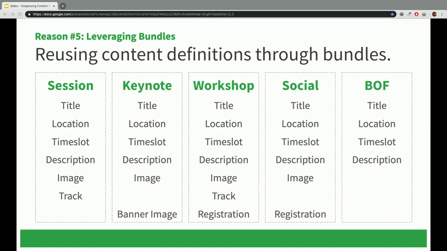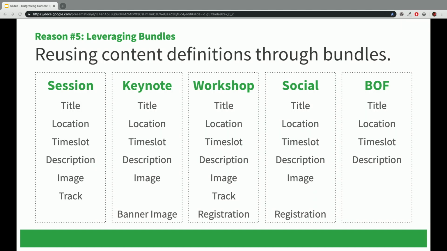And in a lot of cases, it's the same settings for all of these widgets across all the displays of these 5, in this case, content types. So I'd like to make a case for making this a custom entity as well. As a custom entity, I mentioned bundles before, we can create an entity that's bundleable. So each bundle, by default, will have a title, a location, a time slot, and a description. Those fields are non-negotiable. They have a standard set of displays. We can either enforce that as a requirement, displays always show a certain way, or we can set it as